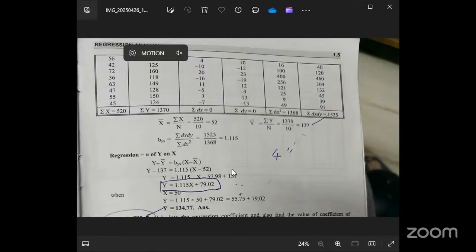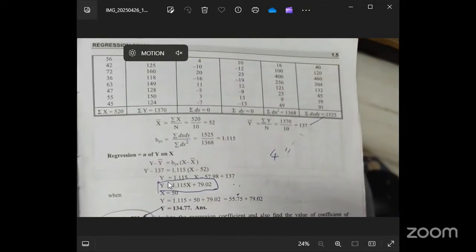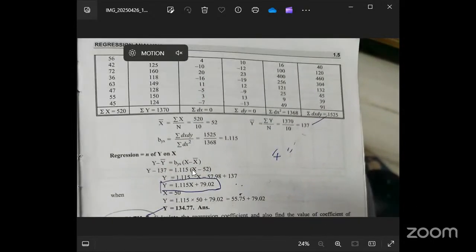Y bar is 137. So y minus 137 equals 1.115 into x minus 52, where x bar is 52 as we got here. So y equals 1.115x minus 57.98 plus 137, which gives y equals 1.115x plus